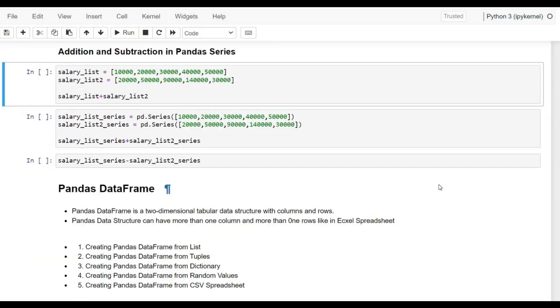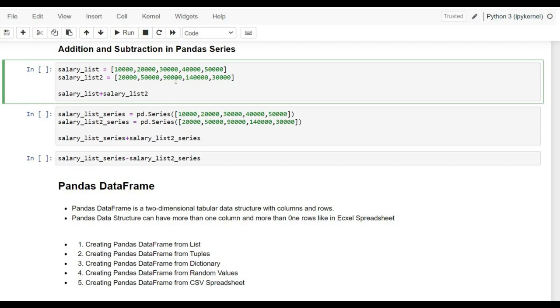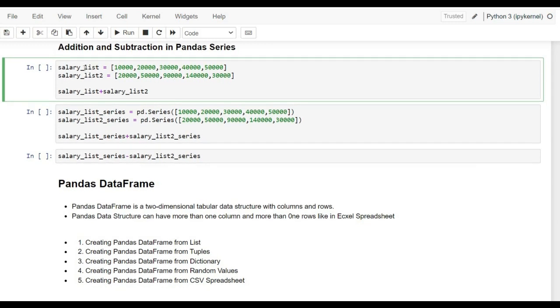So now let's talk about the next topic, which is how to add or subtract in the Pandas series. Before I show you how to add or subtract two Pandas series, let me go back to the list example. So here I have created two lists, salary_list and salary_list_2. As you know, when we try to